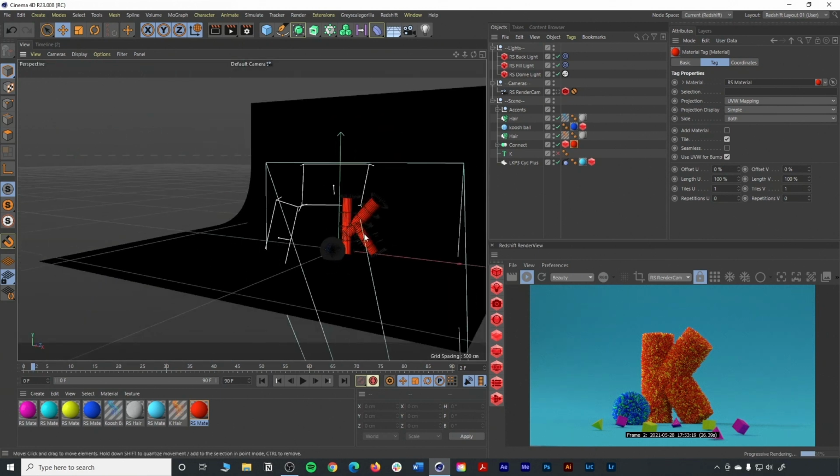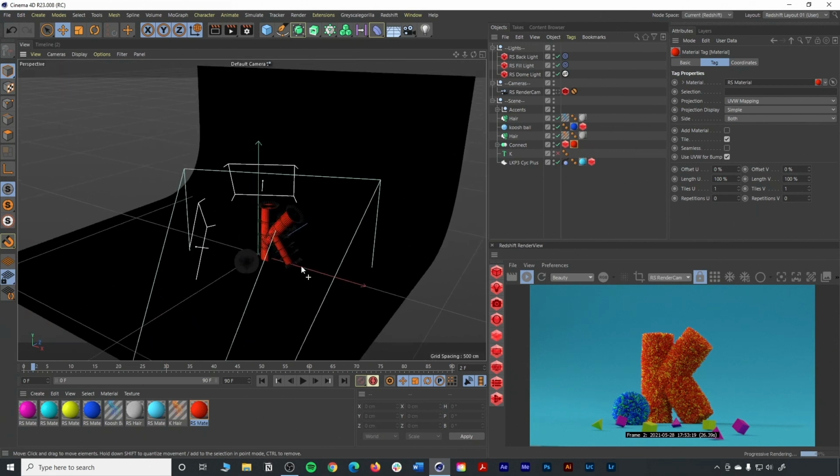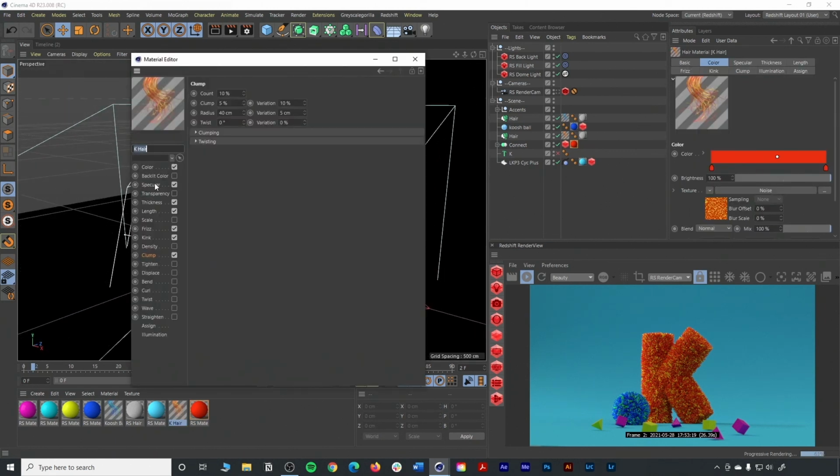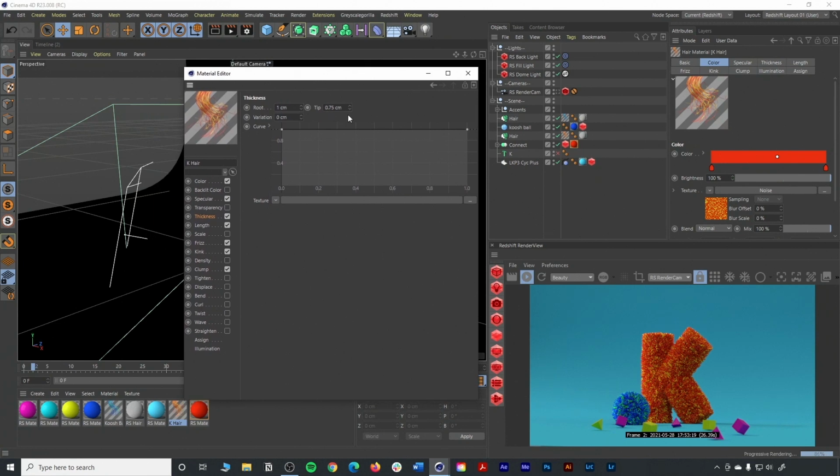So that's really it for this scene. It's a pretty straightforward hair setup. Again, you can play around a ton with these settings to your liking. It's a lot of fun. And really that's all it was in order to get this sort of koosh-like effect, was just play around with